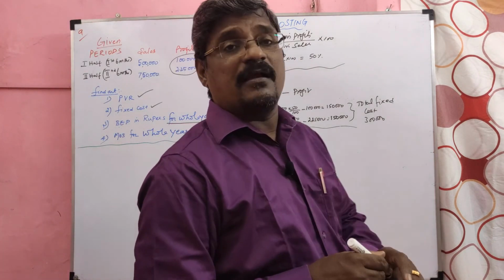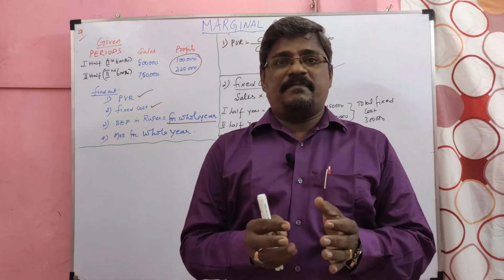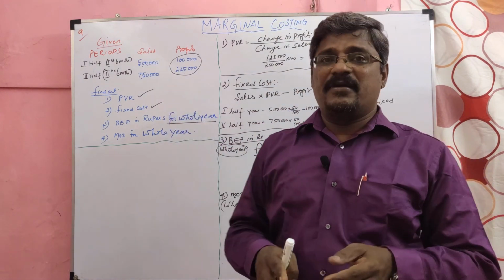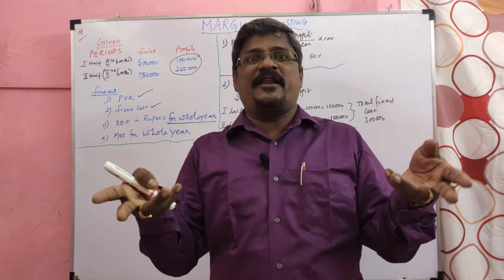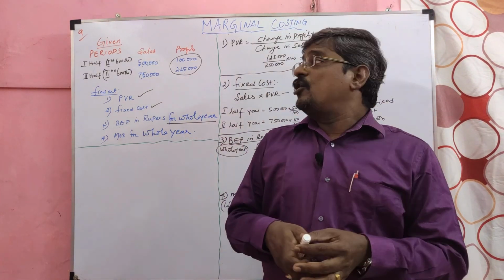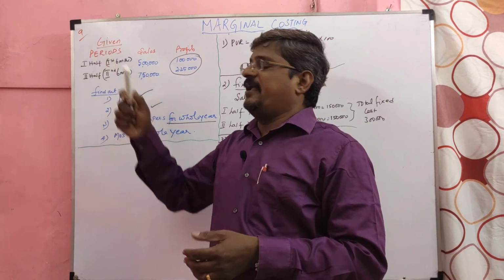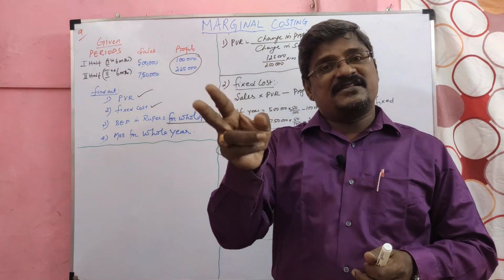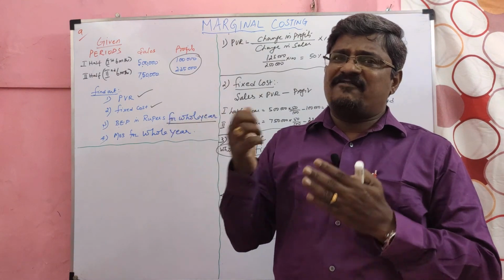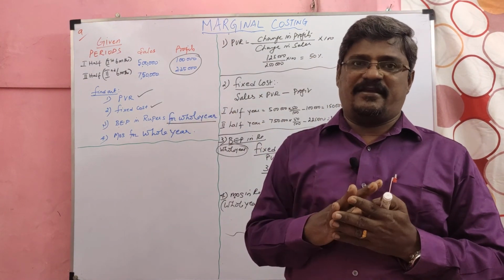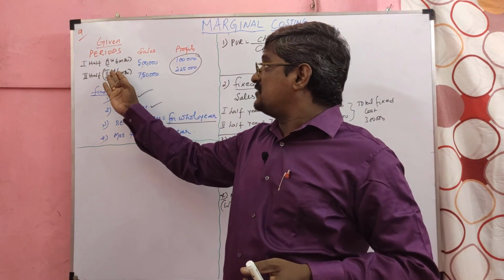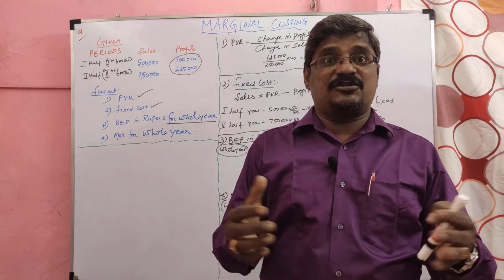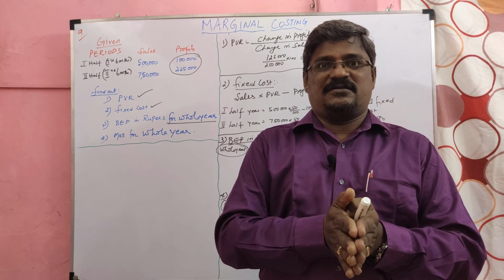Students, here in first type, sales, variable cost and fixed cost are given. In second type, sales and profit of 2 period are given. In that time, you have to look at the period ending. If 2 different years are given, you can take one fixed cost. If first half year and second half year are given, when you are taking fixed cost, you have to add these 2 fixed cost.